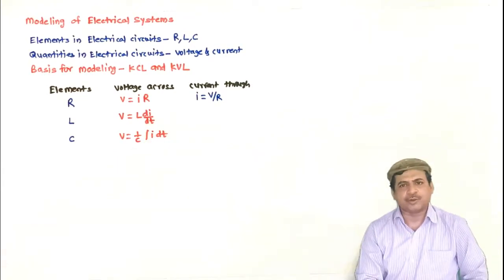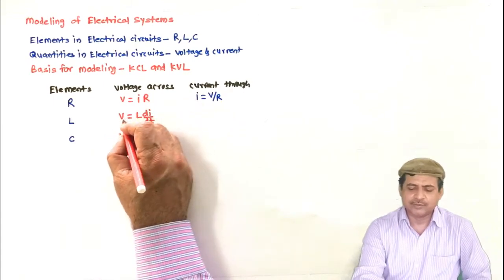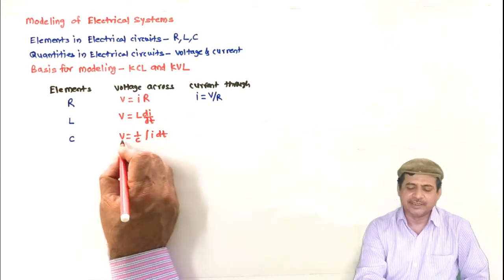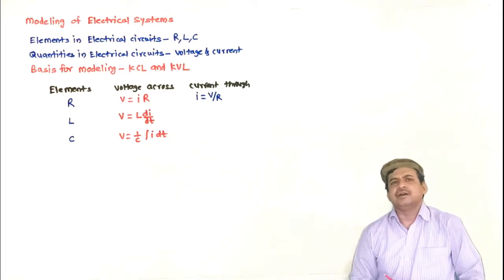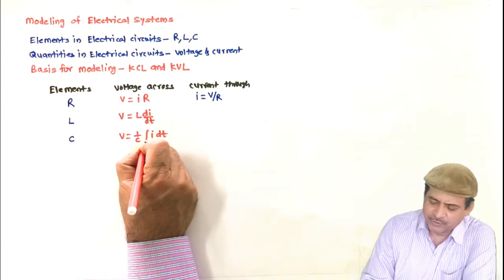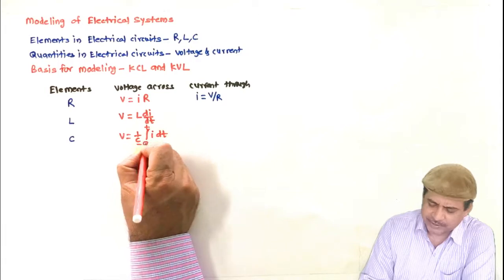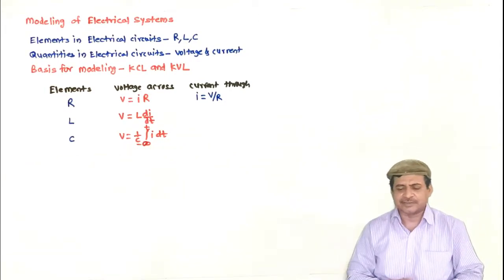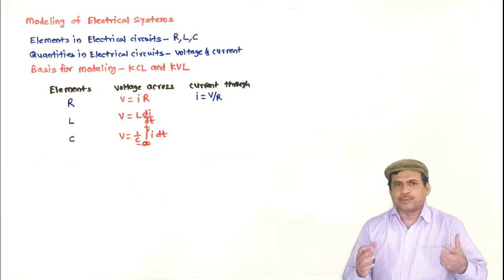This I is a variable of time, so this is V of t is equal to I of t into R. This will be V of t is equal to L di of t by dt, and V of t is equal to 1 by C integration I of t dt. And no doubt this integration is from minus infinity to t, but we will take it from 0 to t, or let us take it from minus infinity, but we are going to neglect the initial conditions at a later stage, and this will be just taking integration over the appropriate limits.